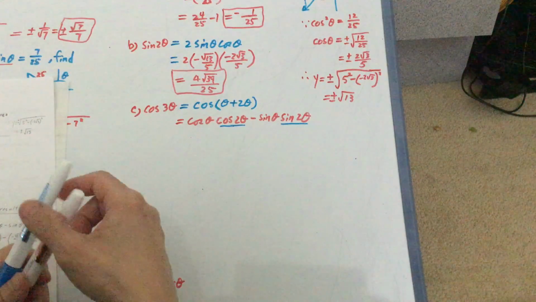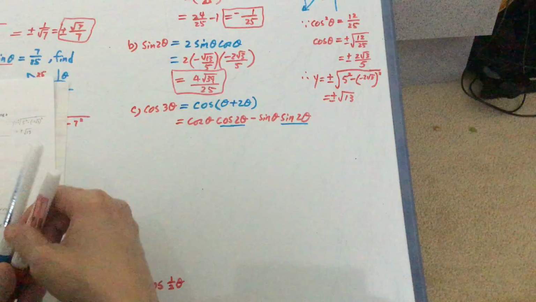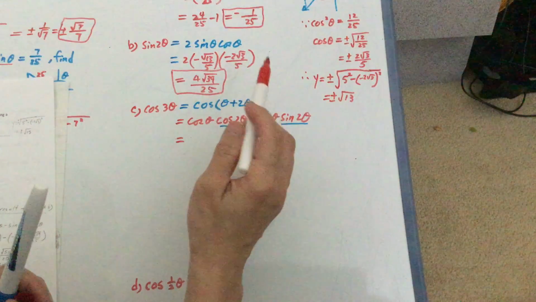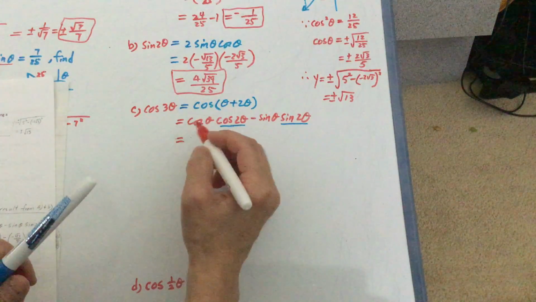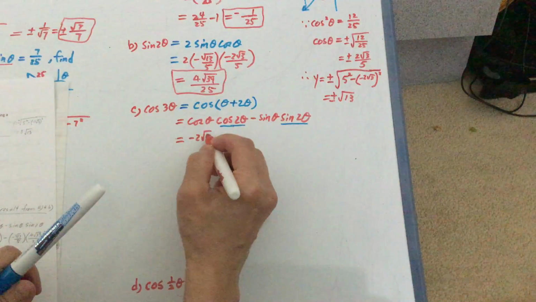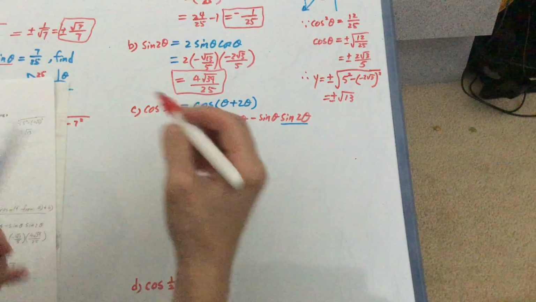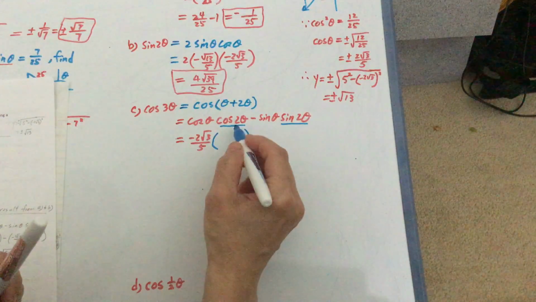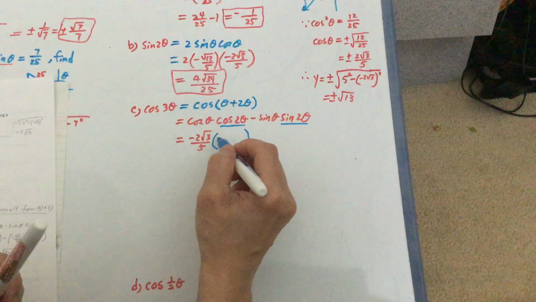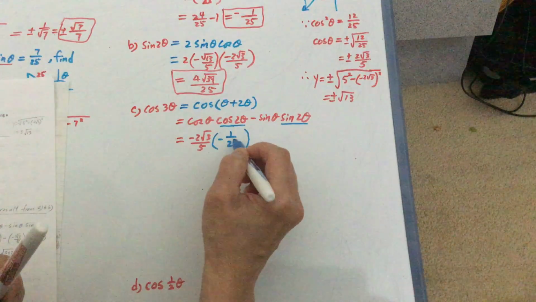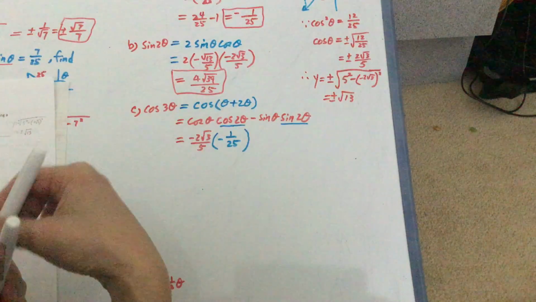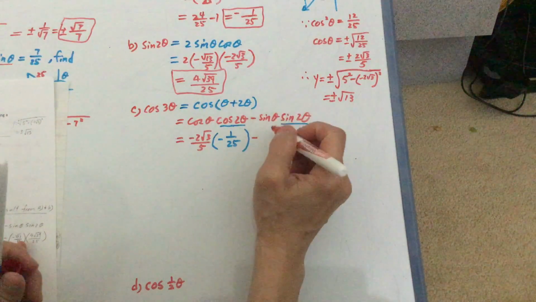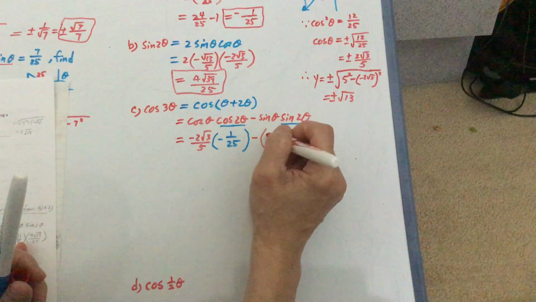Okay, so the rest is basically all you need to do is get the cos theta. And I already know from the diagram that cos theta is equal to minus 2 root 3 over 5. But the double angle for cosine, cos 2 theta, is equal to minus 1 over 25 from part A. And of course the sine theta, based on the diagram, I should have a minus